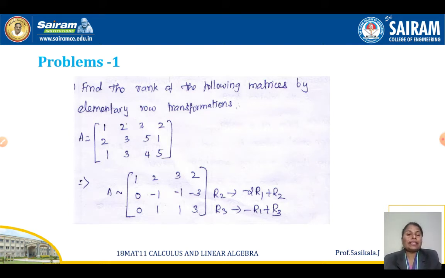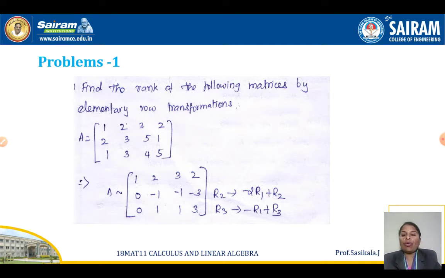We are into the syllabus. We have done the definitions, the major four definitions. One is elementary transformation, where you use row elementary transformations. Then we saw equivalent matrices, and the definition of echelon form with an example, and then how to find the rank of a matrix by using echelon form. In this video we are going to see the problem of how to find the rank of a matrix by using row elementary transformation.